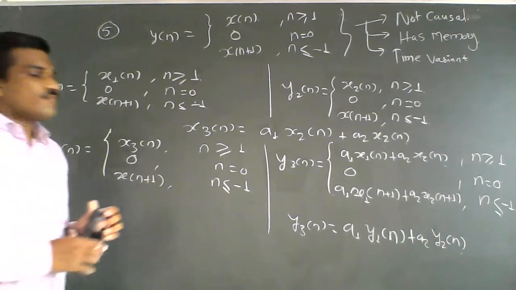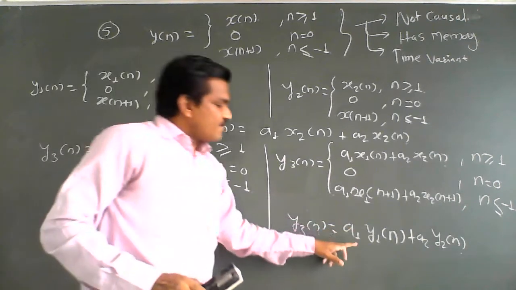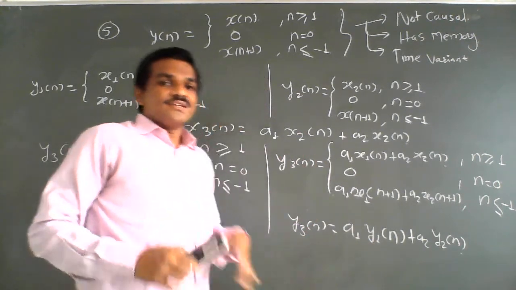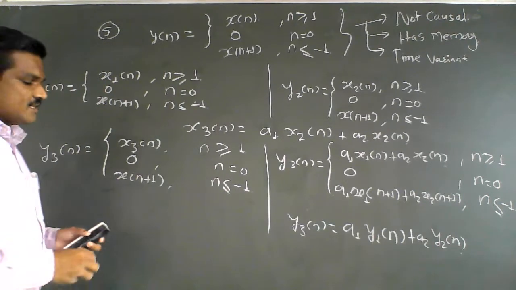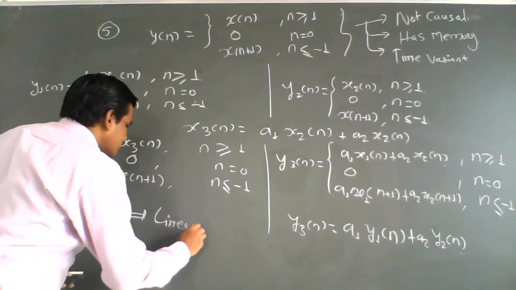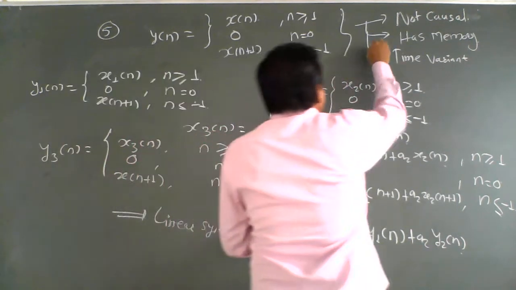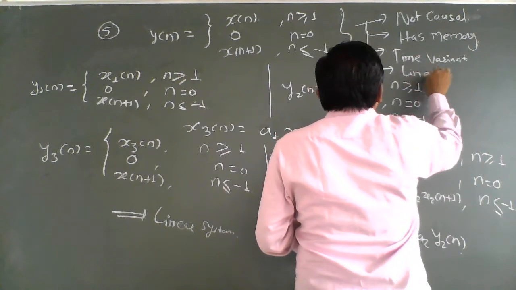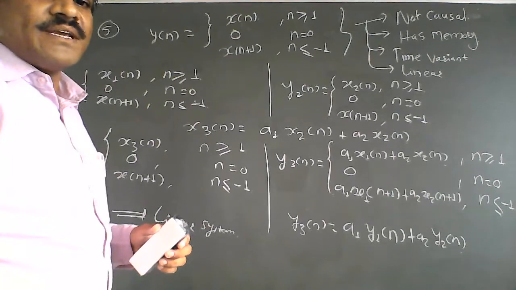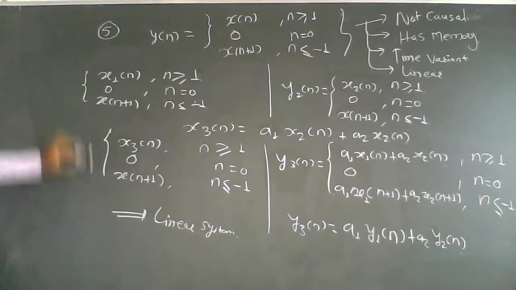So from this expression we can say that the system follows the additivity as well as the homogeneity property, so it follows the superposition principle. That's why the system is a linear system. Now the next one is the stability property, so we can go for the stability property now.